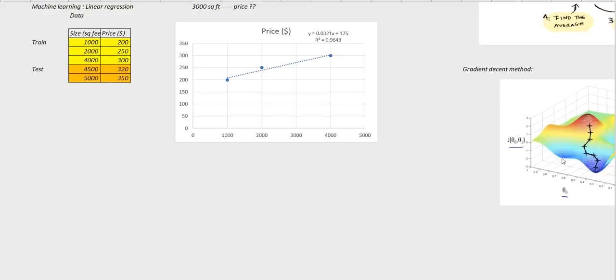So now on the basis of this gradient descent method, we minimize the cost function, and with minimizing the cost function, we got the values of theta 0 and theta 1: this is 0.032, and this is 175, that is the theta 0. Now the next point is